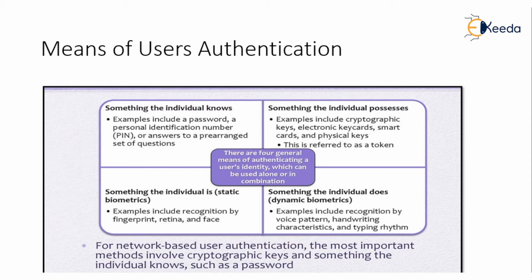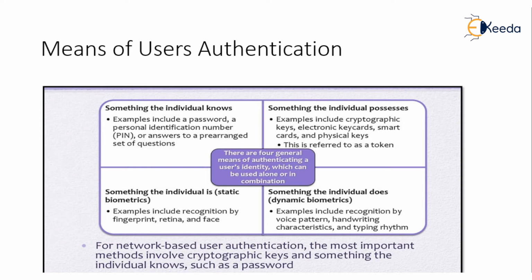Then the next is something which the individual is, which very well includes the static biometrics, which is not changeable, like your retina, fingerprints, face scanning, and all. These are the things which no one can easily change for any individual. So that is also one type of authentication which the individual can use for proving their identity. The next type of authentication is